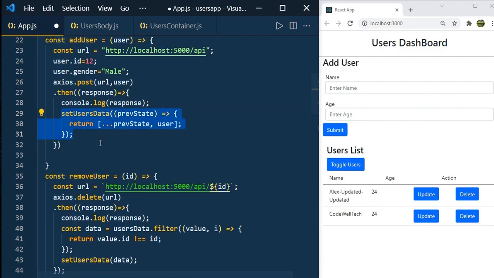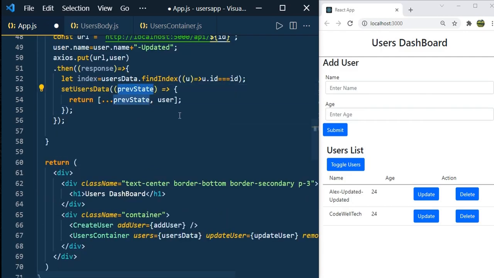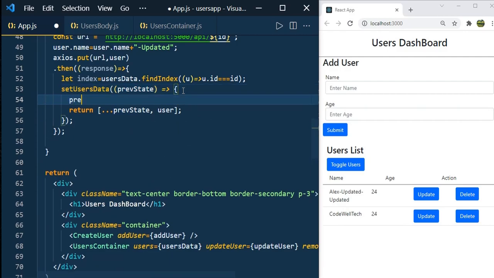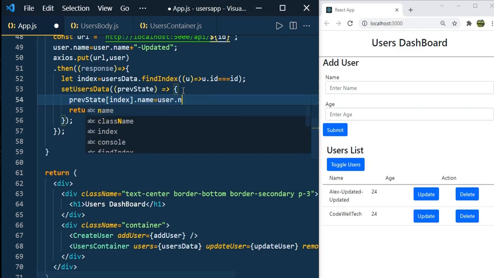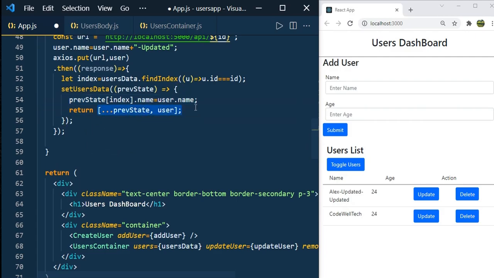So here previous state of index.name equal to user.name, and now here just return previous state, save it, and now just click on the Codewell Tech.